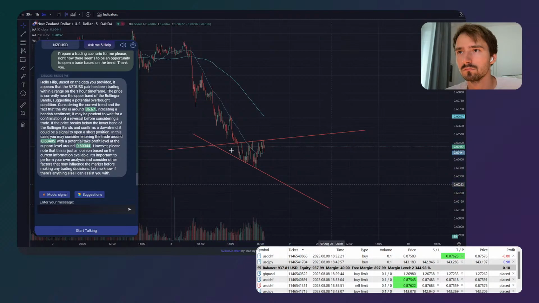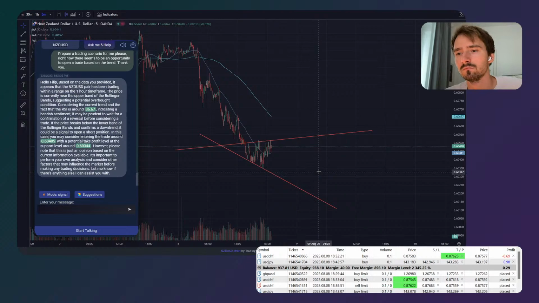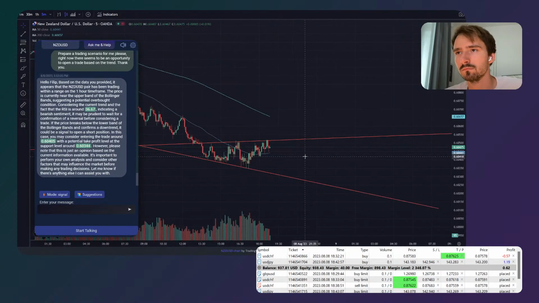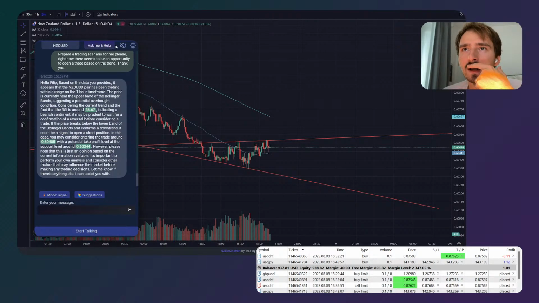If the price breaks below the lower band of the Bollinger Bands and confirms a downtrend, it could be a signal to open a short position. In this case, you may consider entering the trade around 0.60405 with a potential take profit level at the support level around 0.60344. However, please note that this is just an opinion based on the current